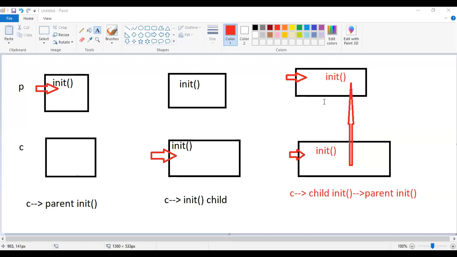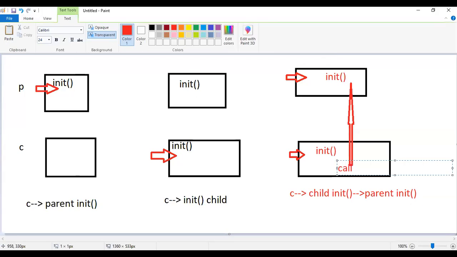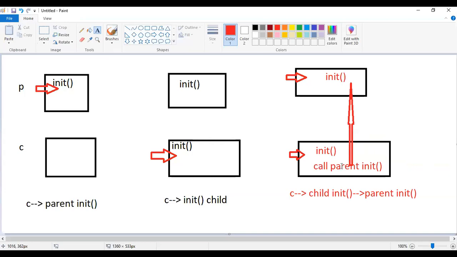So you have to call the parent init from your child. You execute the child constructor and also manually call your parent constructor from your child constructor. How we do that, we will discuss in the program.